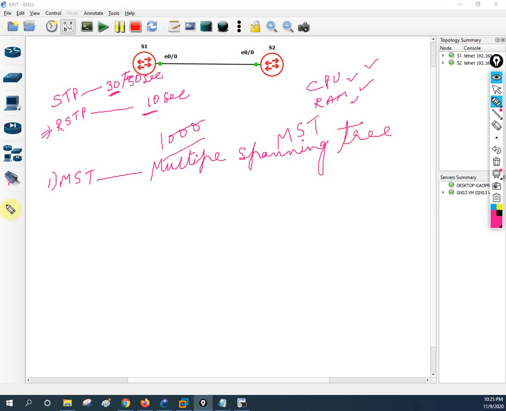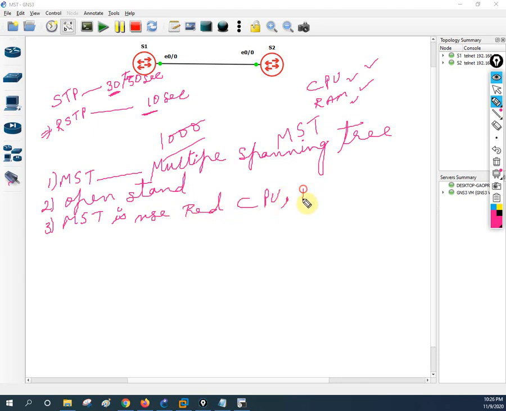It is an open standard, and open standard means you can use this in Cisco as well as any other vendor's switches. MST is used to reduce CPU and RAM utilization. We can say CPU and RAM utilization is reduced by using MST.